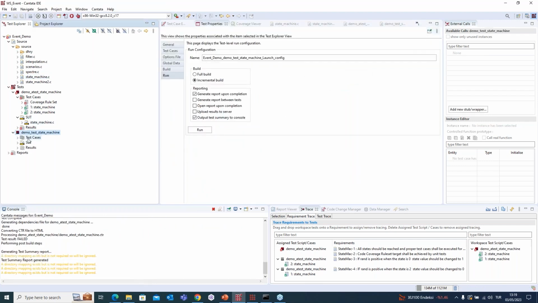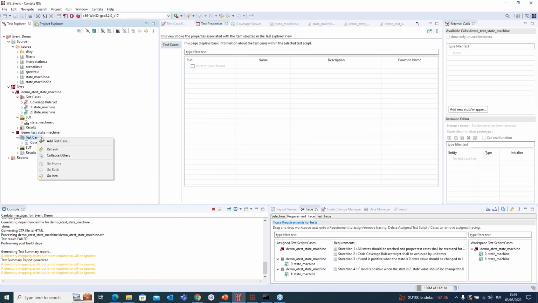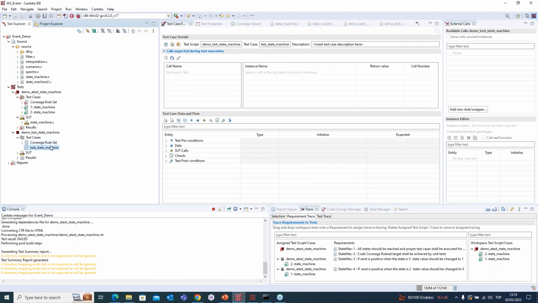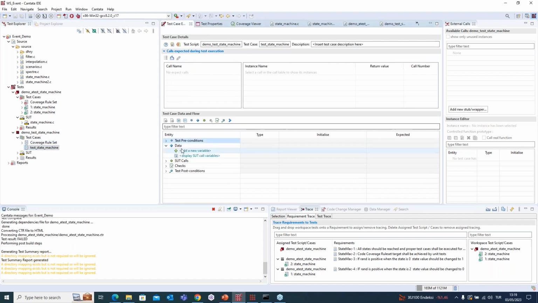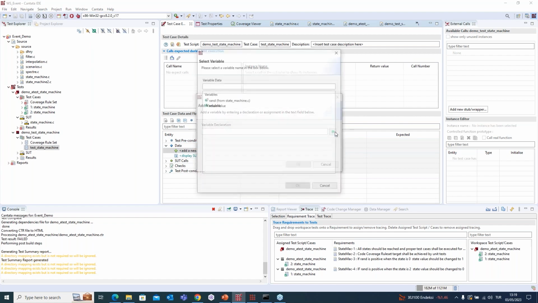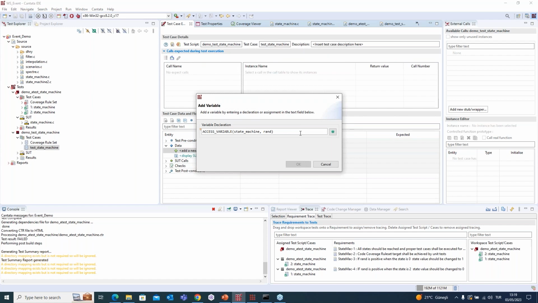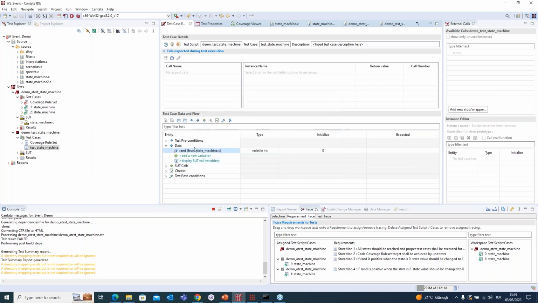Right now, you see my other test script, but it doesn't have any test cases, so I will be adding a test case. And here you see the call control. Here, I am telling Cantata to use rand equals 0 for this specific test script.